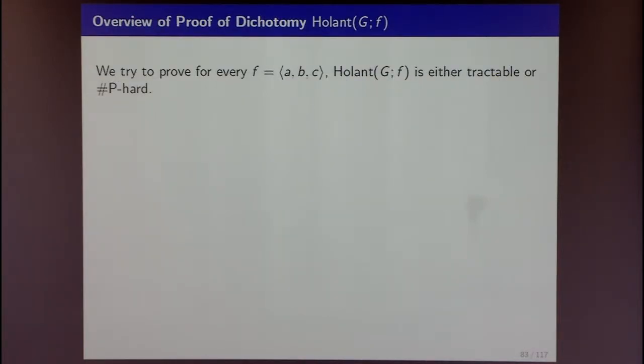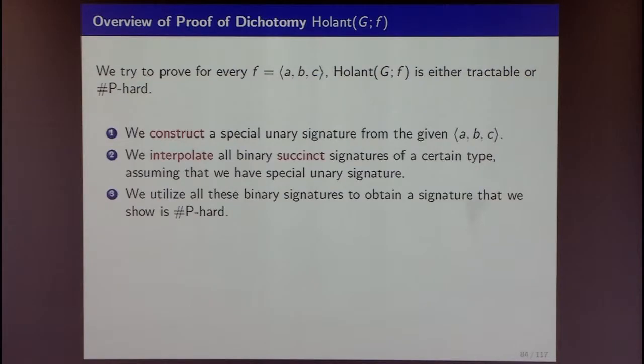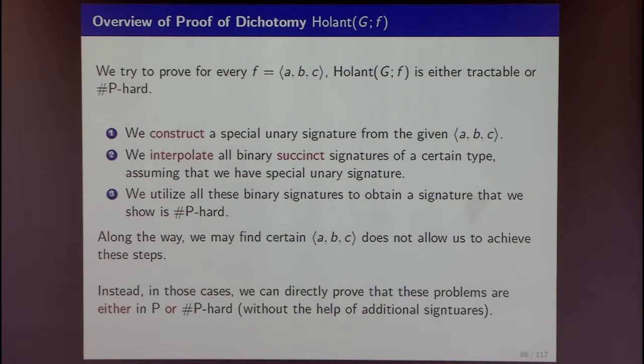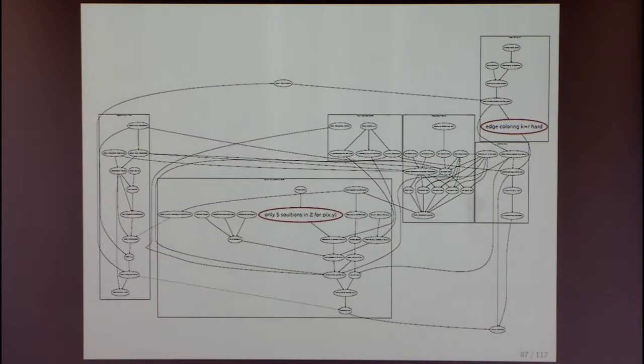Now, a few minutes of words on an outline of the full dichotomy. It's really probably too much for me to finish. So let me skip this and give you a flavor of the structure of this proof. What I have done is told you a little bit here, and every little circle is sort of a theorem or lemma and what have you, some logical dependency. And yeah, it's a 70-some page thing, so a lot of work went in.